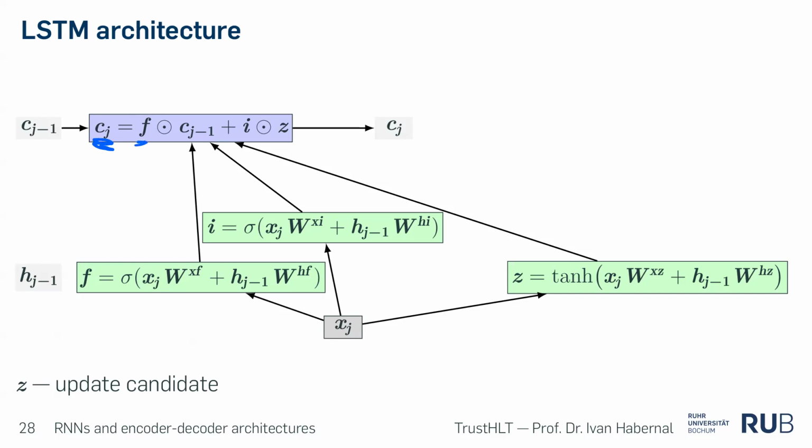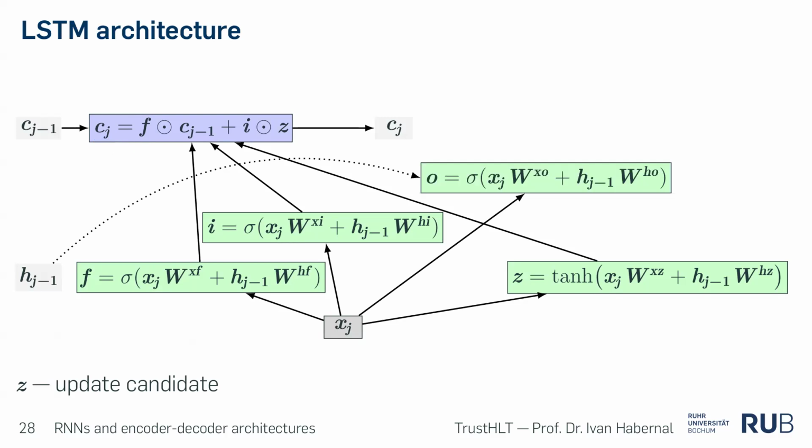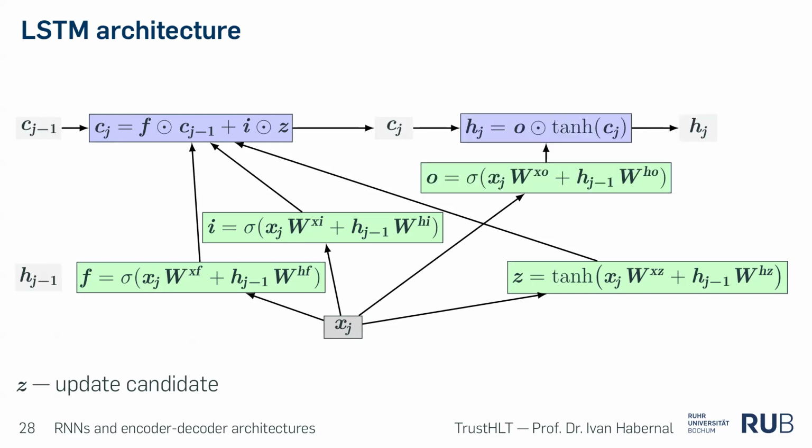Basically, these F's and I's are mostly zeros and ones, mostly close to them. I mean, these are not binary 0s and 1s. They are somewhere close because this should be differentiable. So this is the output of some function such as sigmoid, which puts the numbers close to 0 or close to 1. So this is the gating mechanism. Then there is the output gate, again some linear projection, and a combination of the output gate with the previous cells, and it gives you the output and the next hidden state.